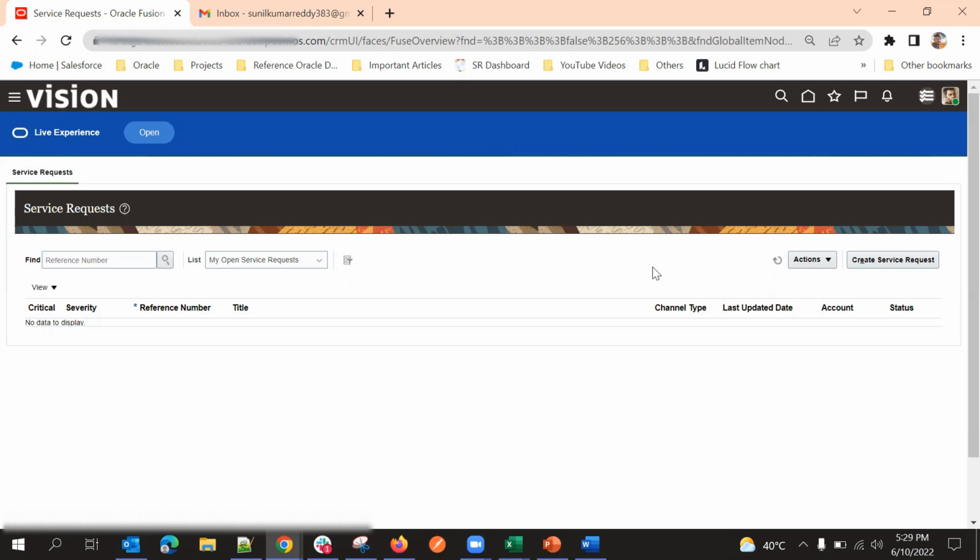Usually support teams will give their email address, like support at hp.com, support at oracle.com. So we can use that email, type our title, give the description in the body, and send it to that email address. What the backend will do is